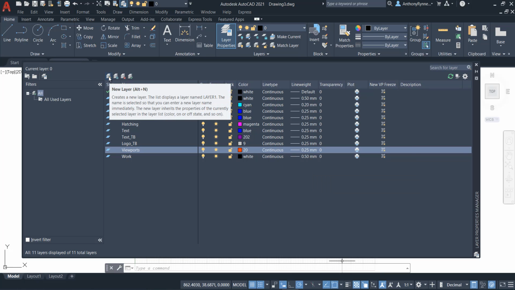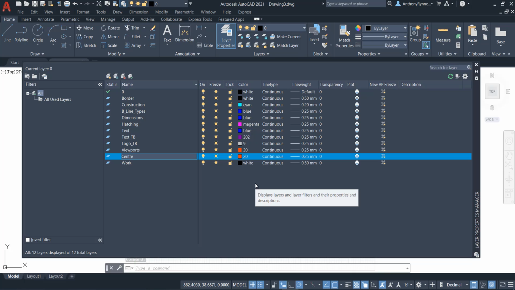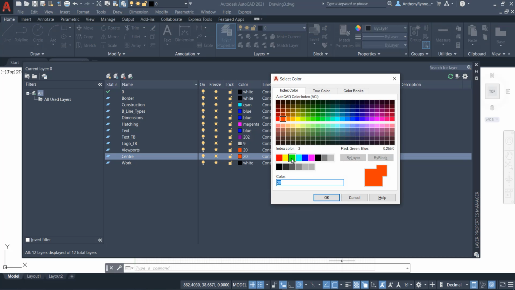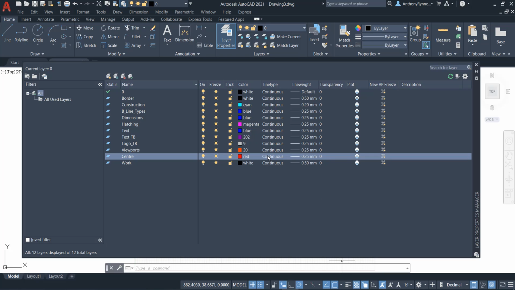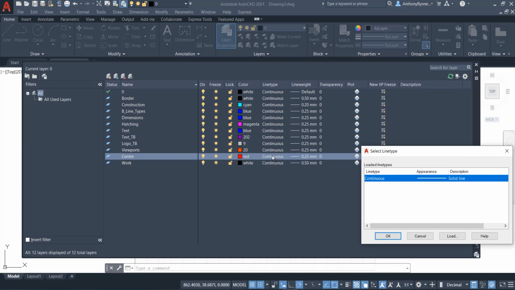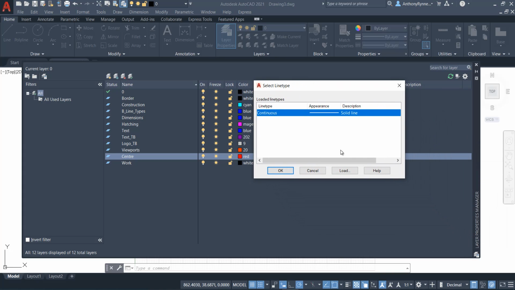So I'm going to click new. So here's my center layer. Color for my center lines is going to be red. Click OK. And the line type, we need to change this. So click on continuous. This brings up the select line type, and there's only one line type loaded by default